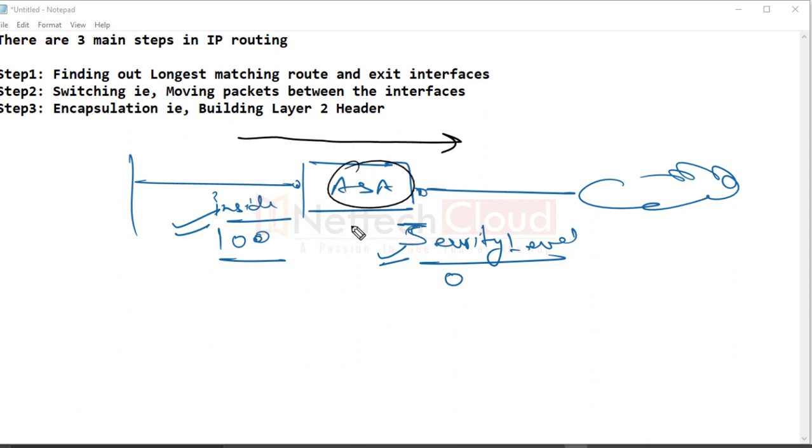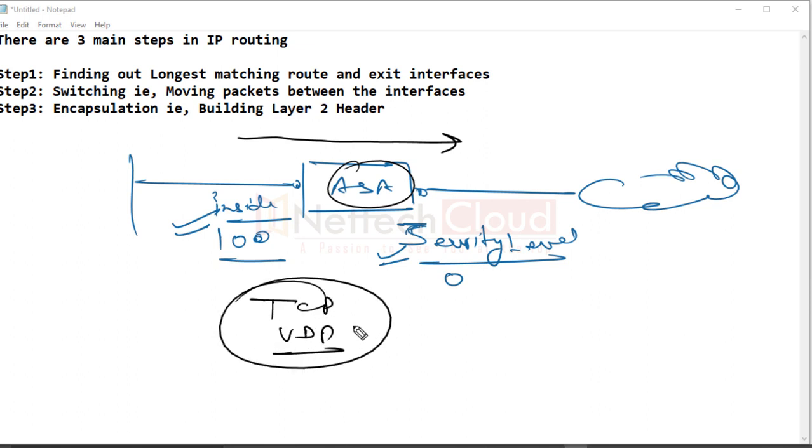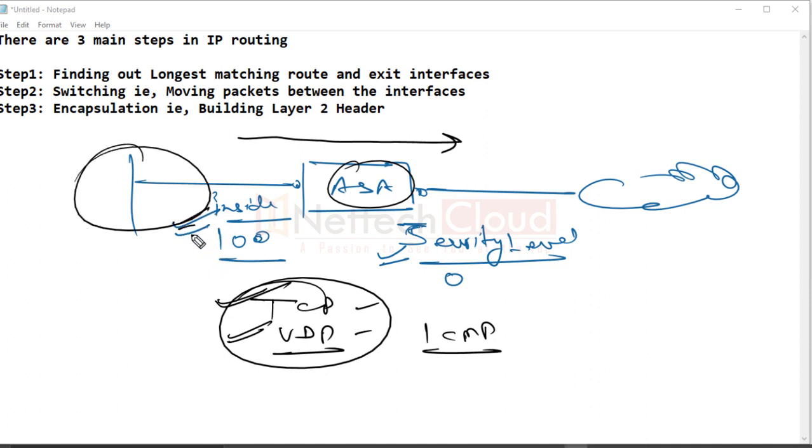And being a stateful firewall, the reply packet is allowed by default. So we need not worry about the reply packet, right? Of course, only TCP and UDP. By default, only TCP and UDP based applications. By default, ICMP is not inspected. For that, we need to run some command. But by default, TCP and UDP applications are both inspected, and the reply packets will also be allowed. But the first packet, the request packet, of course, should have been initiated from the network segment with the higher security level, because a higher security level means a trusted network,